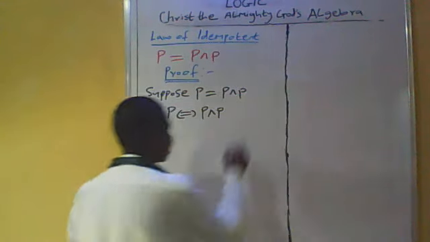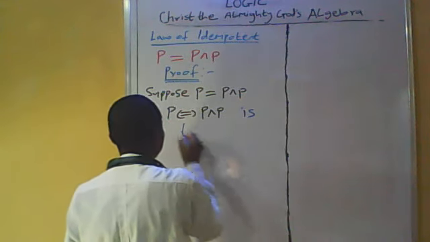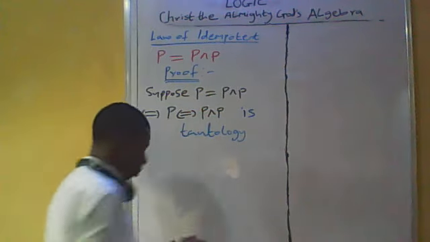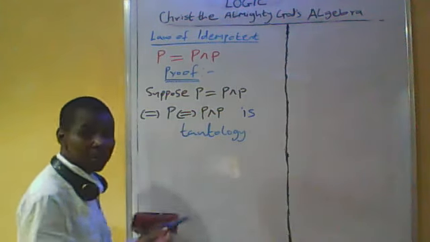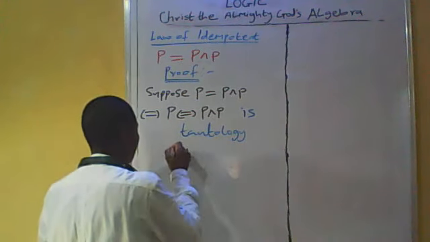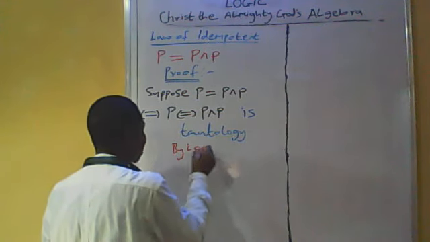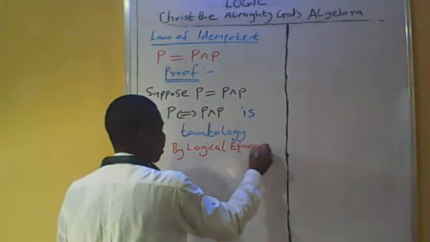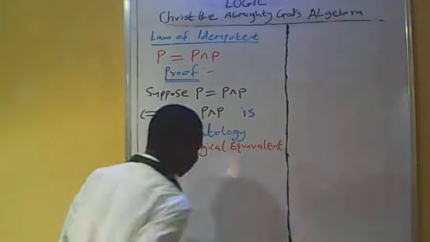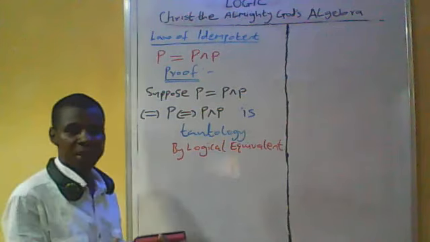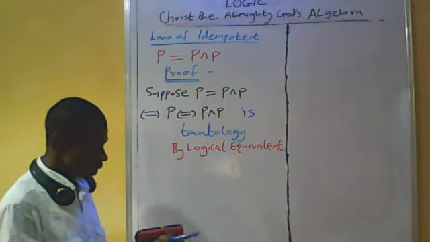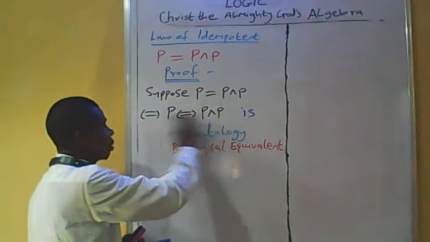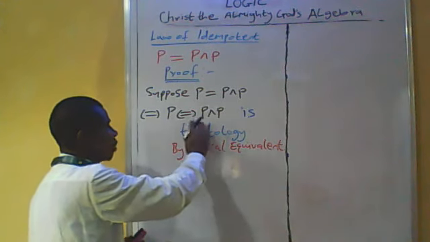You say that it is tautology, being justified by logical equivalence. So, if and only if, since this statement is tautology, P if and only if P and P is tautology,